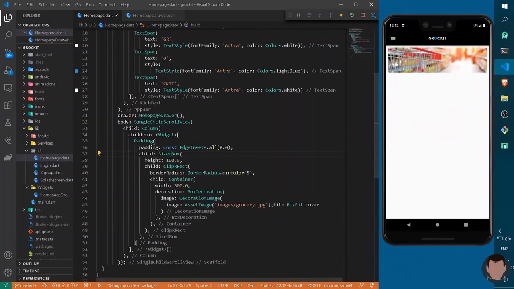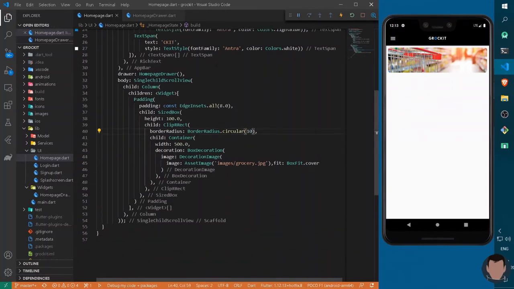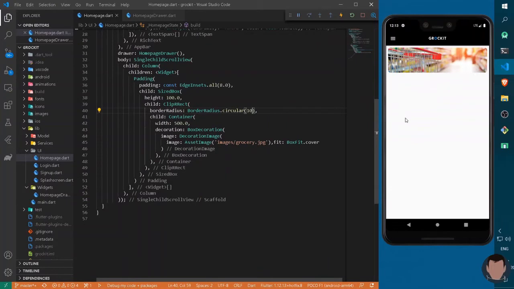Cool. Now let's increase the border radius. So I can increase the border radius from here. Let's give it a 10. Okay, it looks perfect. Now the next thing we'll be building is the main categories of our grocery store, that